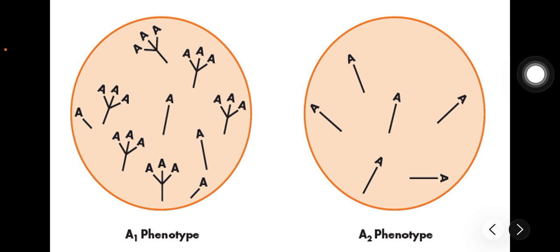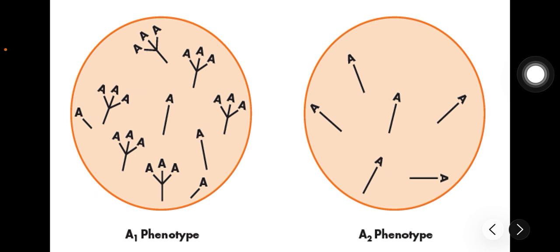So beyond just the number of sites, the complexity of the sugar chains also differs. For A1, antigens are built on both complex branched and simple linear sugar chains, while the A2 structure antigens are built primarily on simplified linear chains. As you can see on our diagram, because the A2 enzyme is less efficient, A2 cells have much more unconverted H antigen, which is the foundation,